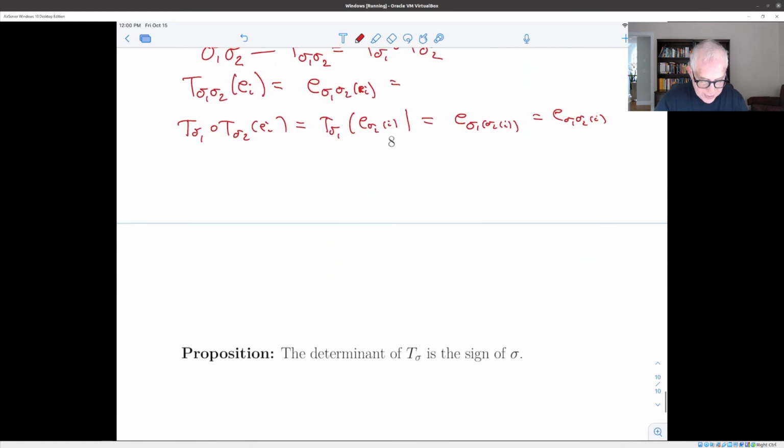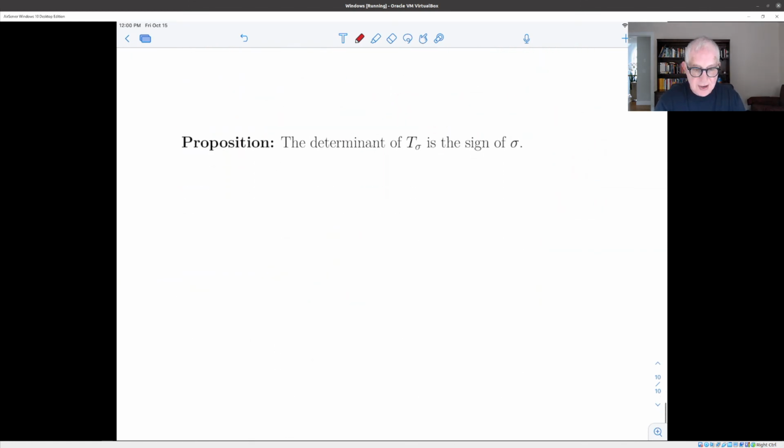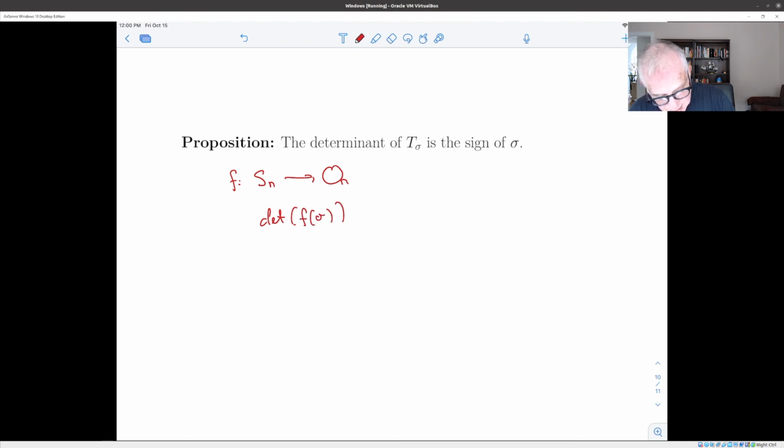And the point of all this discussion is the following proposition. So we have a homomorphism that takes a permutation and makes an orthogonal matrix of it. And if we take the composition of that with the determinant, that is to say, we take the determinant of f of sigma, we get plus or minus 1. So we have a homomorphism from the symmetric group to plus or minus 1. And that's a fancy way of making the sign of a permutation. And the proof of this